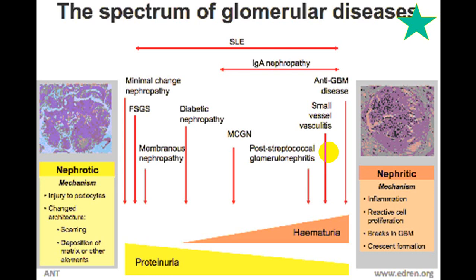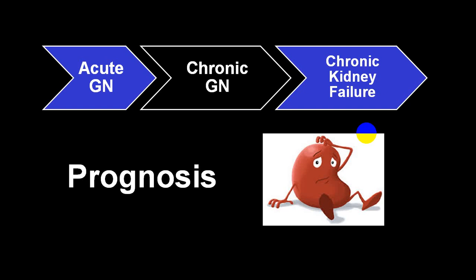And this is very common in minimal change nephropathy, focal segmental variety, membranous nephropathy, and in diabetic nephropathy. While the mesangial variety usually produces a mixture of both. Depending upon the severity, it will have massive hematuria or massive proteinuria, or sometimes a small quantity of RBC and a small quantity of protein.